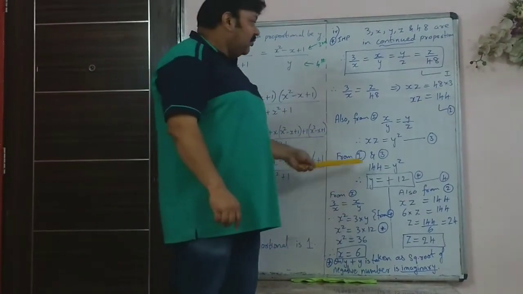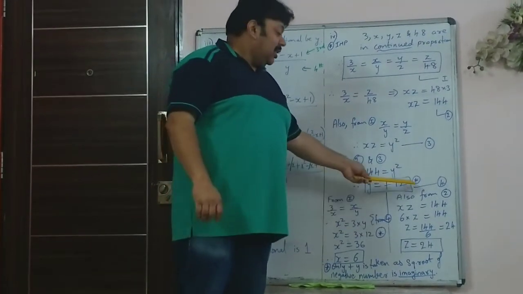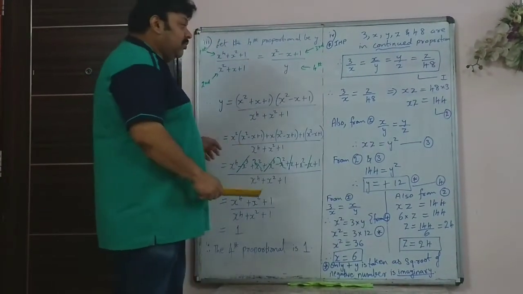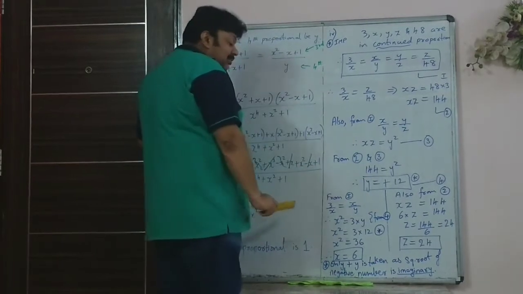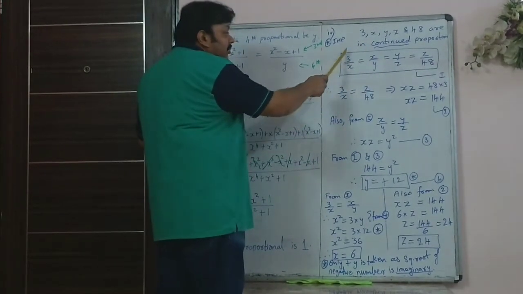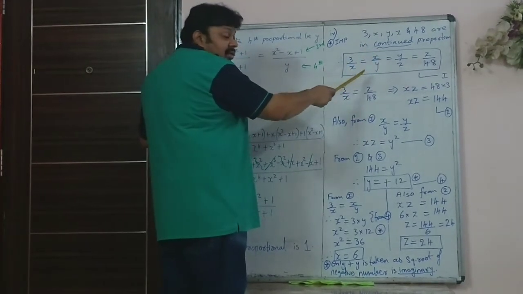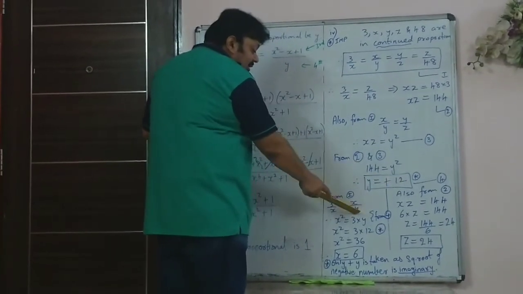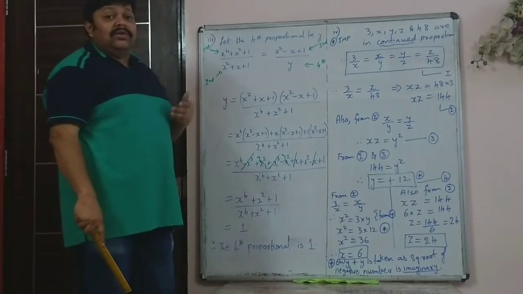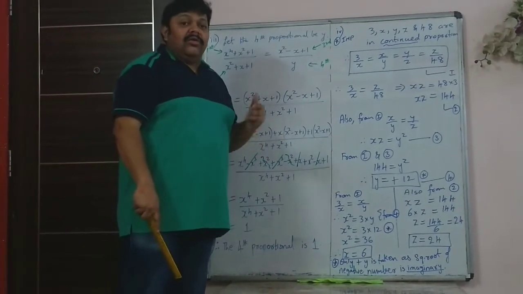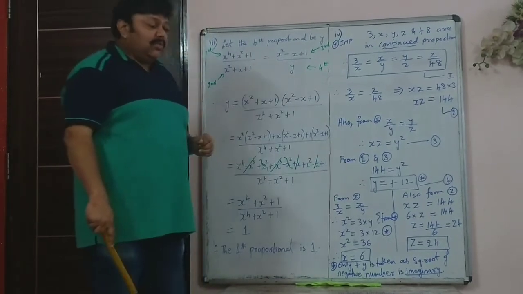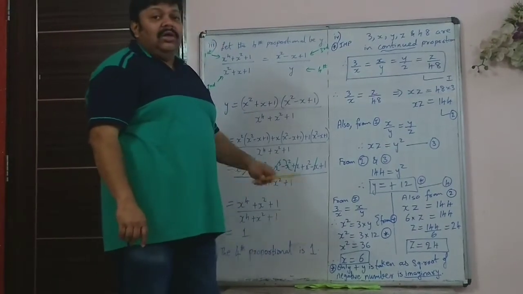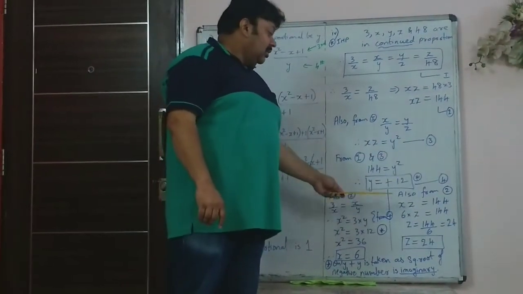But when I solve the sum further, I have only written 12 and I have put an asterisk there because the explanation is given down. You can write the explanation here also. So now, why am I only taking plus 12? Because when I use this part to find the value of x, I will get 3 upon x is x upon y, and if I substitute y is equal to minus 12, then I will get x squared is equal to root of minus 36. And roots of negative numbers are imaginary, so that is not possible. So that's why I've written only plus 12, since the square root of a negative number is imaginary. So that is why you cannot take minus 12.